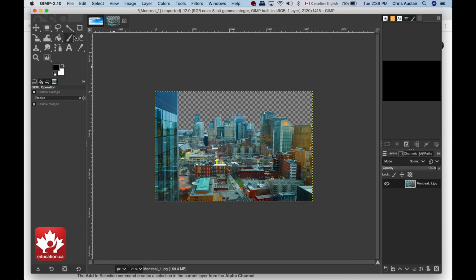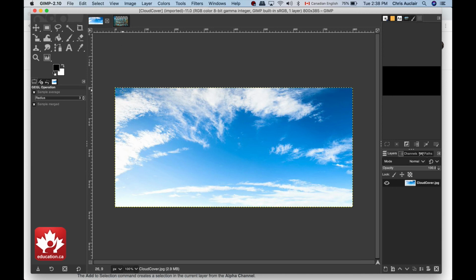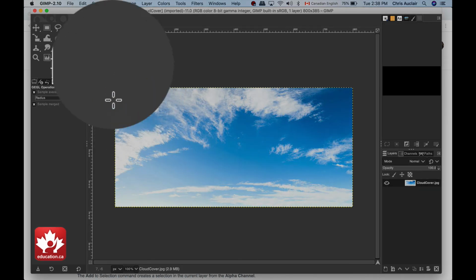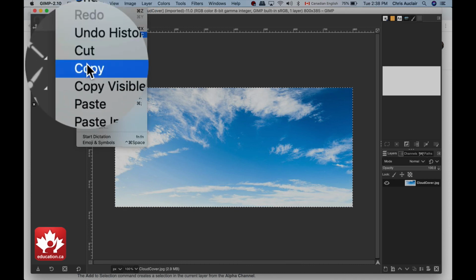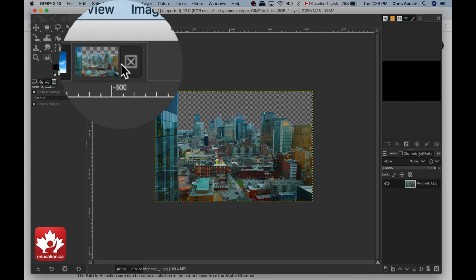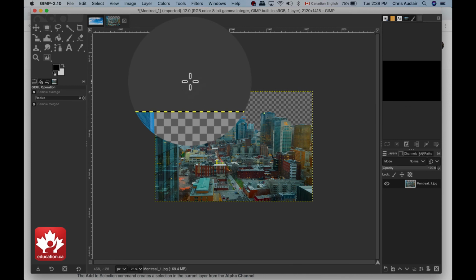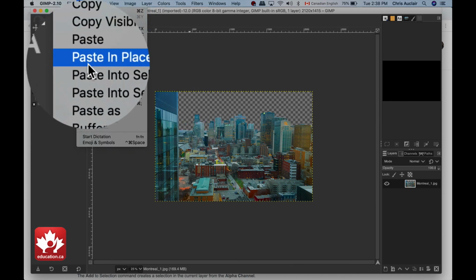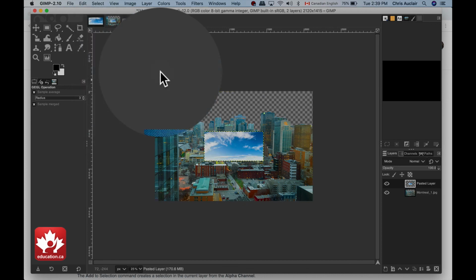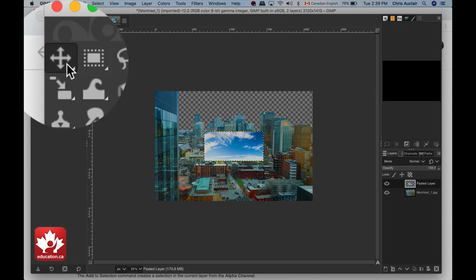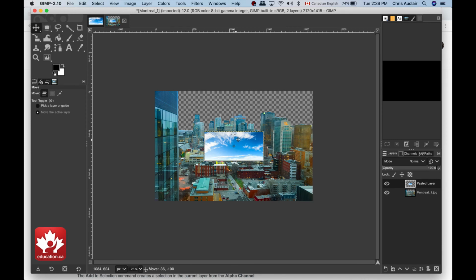Now the last part of this tutorial challenge is we're going to go get the sky. We're going to go select all. We're going to copy it. We're going to flip back to the image we're working with, and we're going to select paste as new layer. And we're going to take the move tool, move this guy over here,